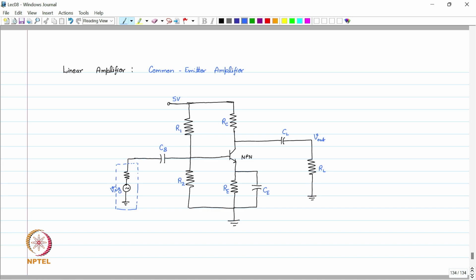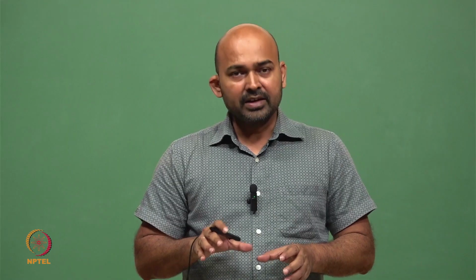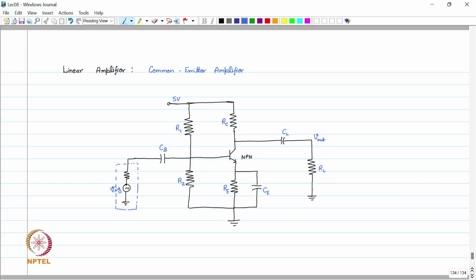So this is a simple structure of a linear amplifier or common emitter amplifier. We will not discuss how this amplifier actually works. This can be referred to some second year basic electronics course. What the amplifier actually does, it takes the signal from Vsig, which is applied at the capacitor at the base. This small signal is amplified by this NPN transistor, which has a gain, let's say beta, and the output is